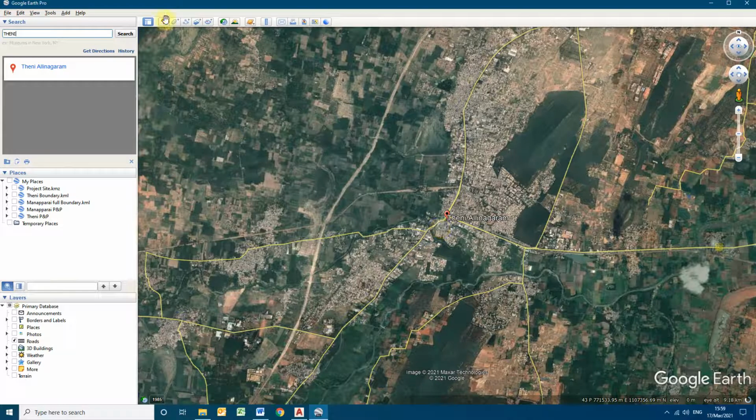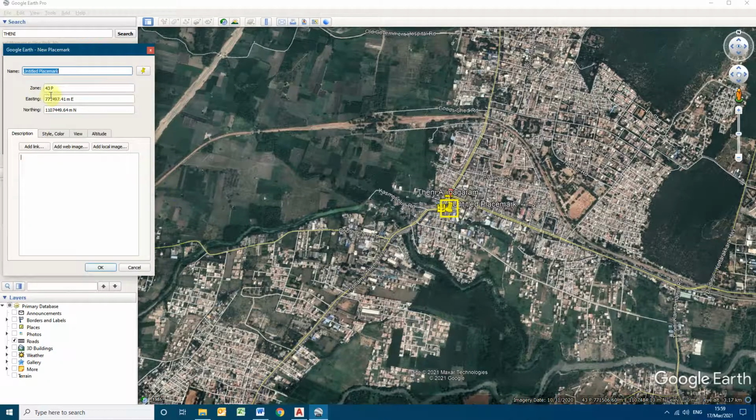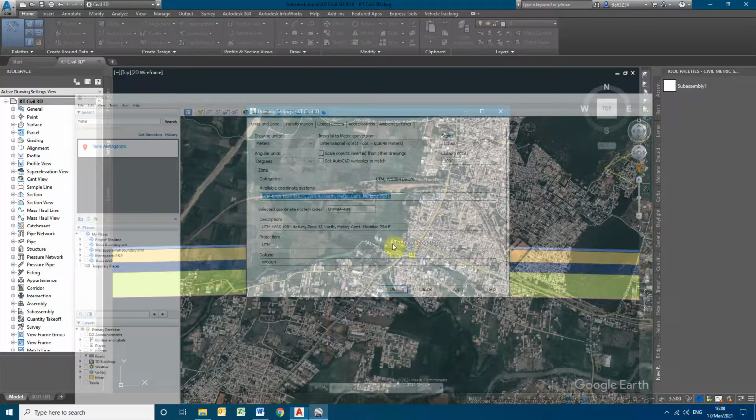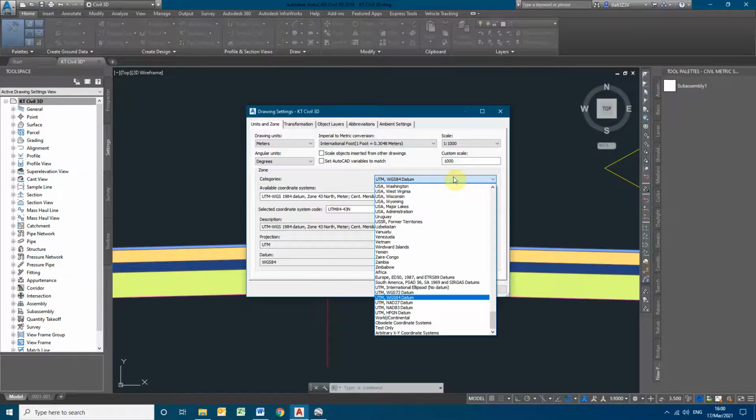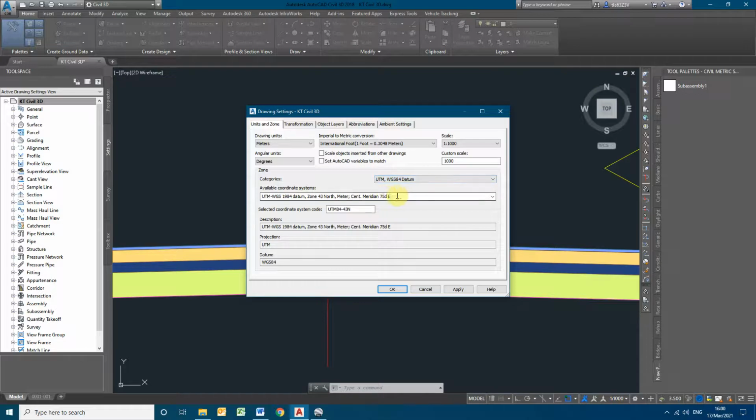Nearby, you just apply a place mark. You can see the place mark blinking over here, and you can see the zone code here, 43. Instead of P, it is as per Google Earth, but in our notation we will be taking it as 43N. So you'll be getting the number 43. Now the only thing is WGS 84 is the standard that we have to apply, and now you know the coordinate system where our location falls. That is zone 43 North. So I will be applying this and clicking on OK.